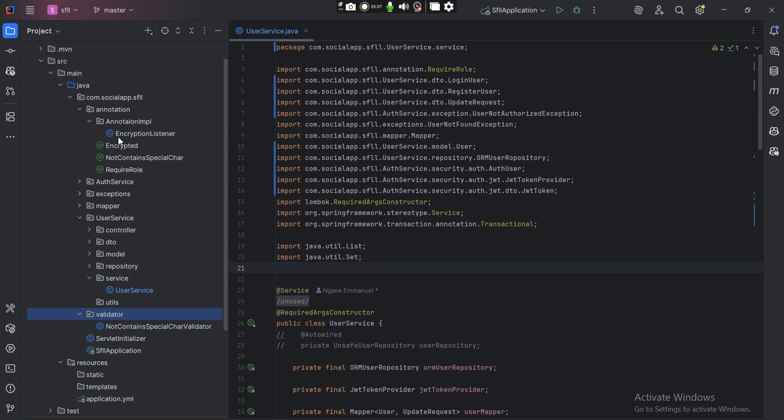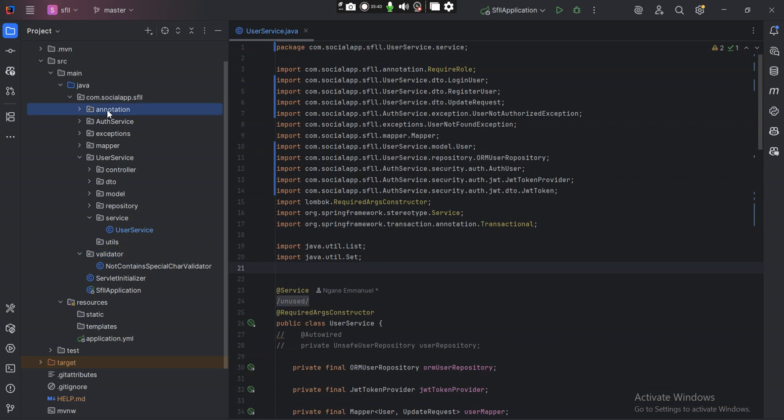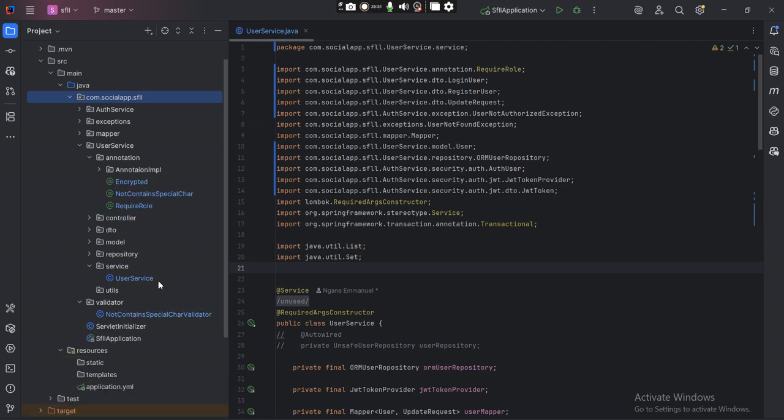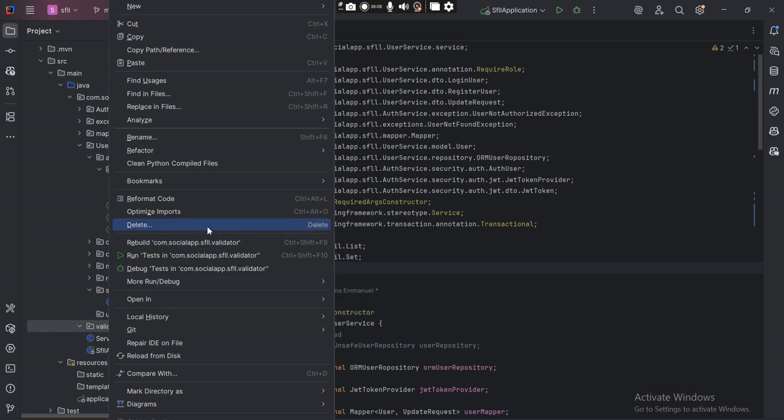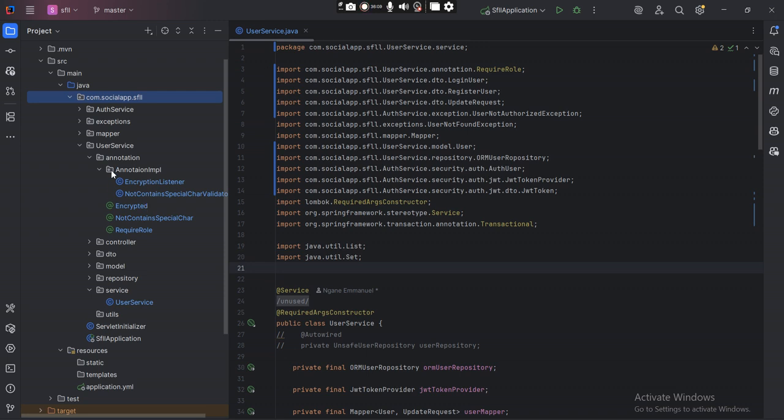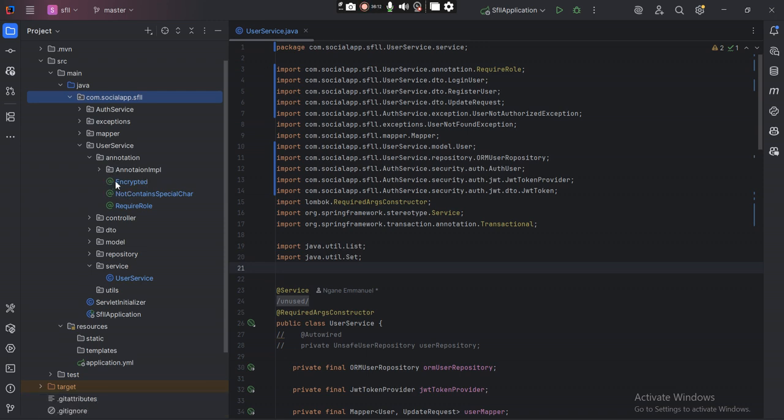And we have the annotation implementation listeners. So we could take the annotations and put them here. And then the validator should be under annotation listeners. So we could have something like that, and then this validator also now just becomes useless, so we could just delete that, right? And so we have annotation, encrypt, no special character, although we have a different name here, require rule,